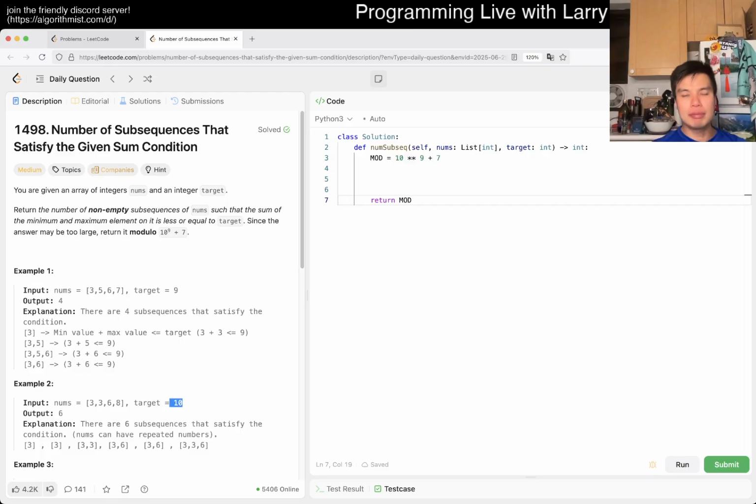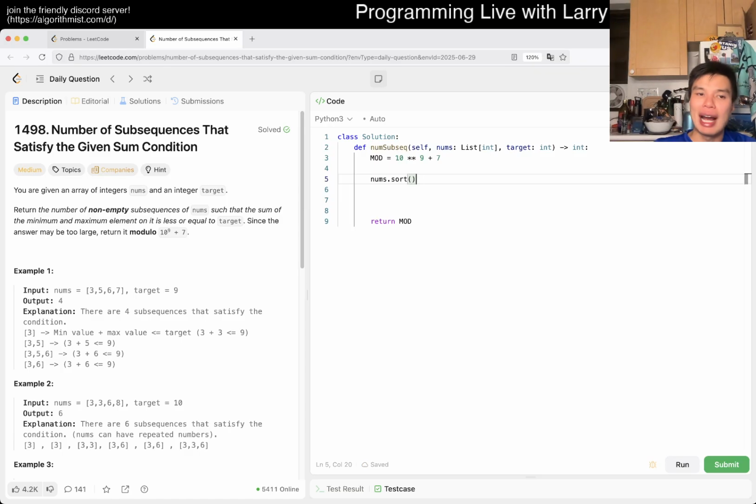So I think the idea is, well, how many subsequences can there be? The first thing we want to do is just sort, right? The first thing we always said is does ordering matter? If it doesn't, let's sort and see what happens. And here, then it gives us a really easy min-max type thing, right? If the min,